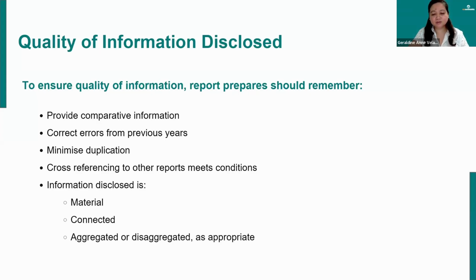Fifth, disclose information that is material and connected. Focus on information that meaningfully affects stakeholders' understanding of the organization's climate impacts, risks, and opportunities. This is for the principle of being material. For the principle of being connected, carbon disclosure should be integrated into the broader narrative